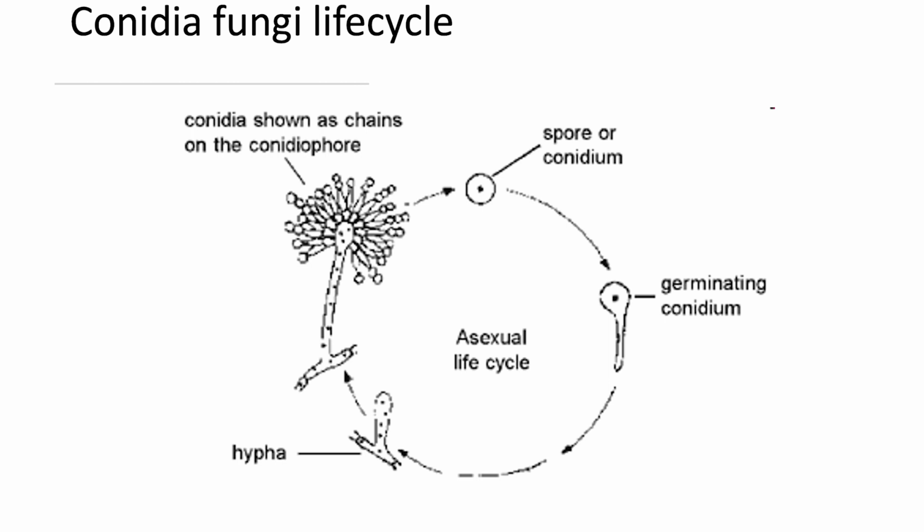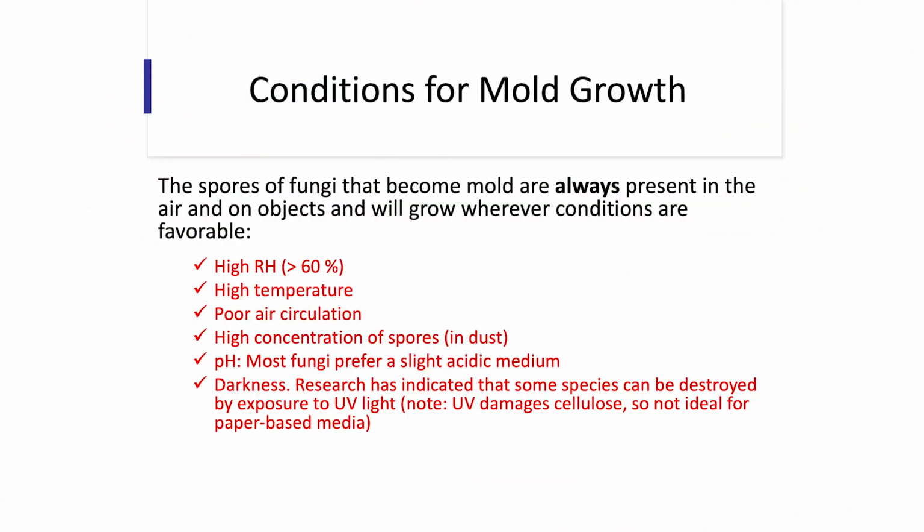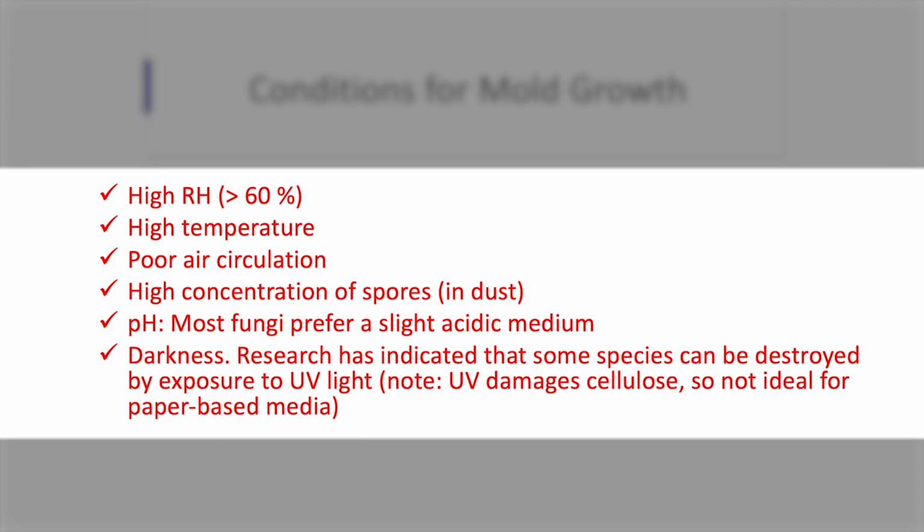This part of the mold structure is generally on or under the surface of the object, but becomes visible during the asexual reproductive process as the structure called a conidia grows to release spores. That's the fuzzy part of a mold colony that we see during active mold outbreaks. Mold spores can lay dormant for long periods of time until optimum conditions allow them to germinate. Although there are some kinds of mold that can germinate in extreme conditions, the kinds of mold that we experience in the library and archives world prefer humid, warm, stuffy, and dark conditions.